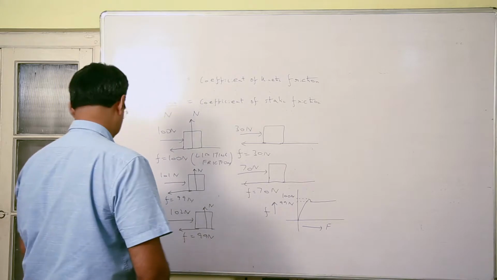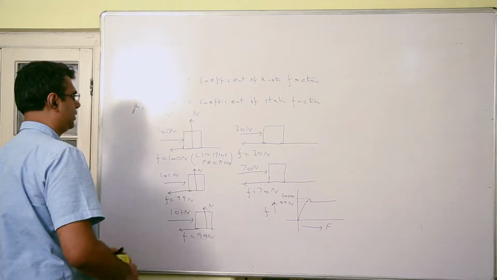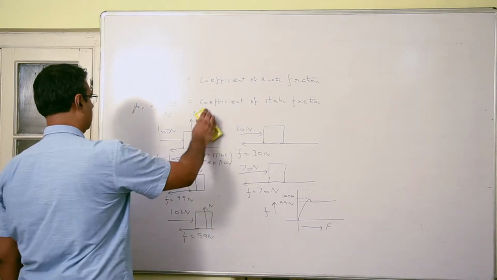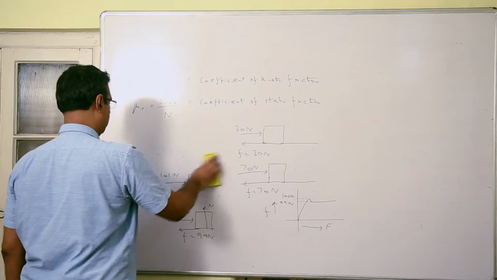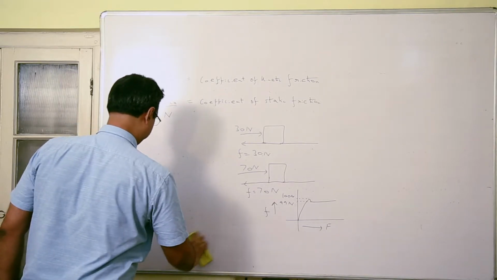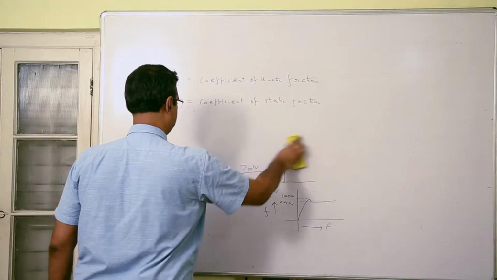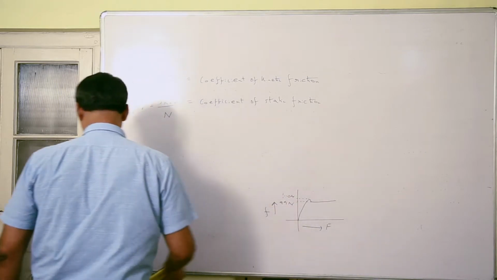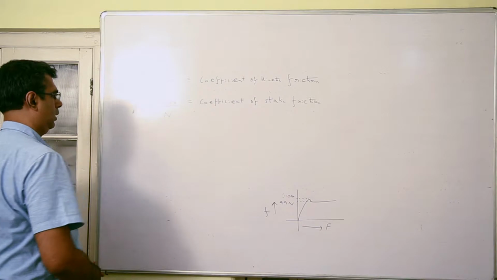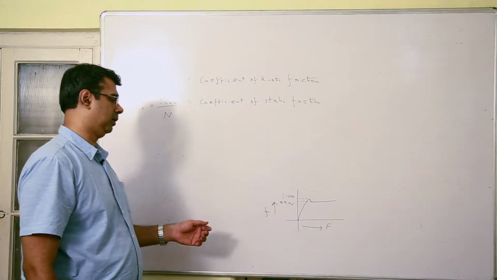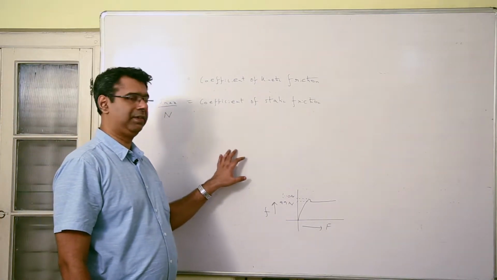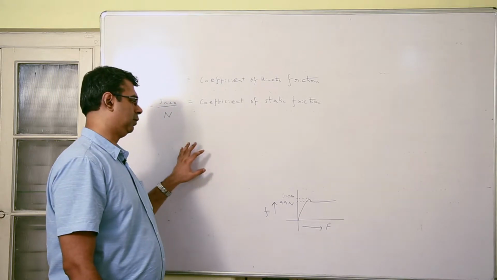So this is the basic concept of friction and how it adjusts itself, what is its limiting value, and why coefficient of friction becomes constant once the motion starts, because it is having inertia of motion,